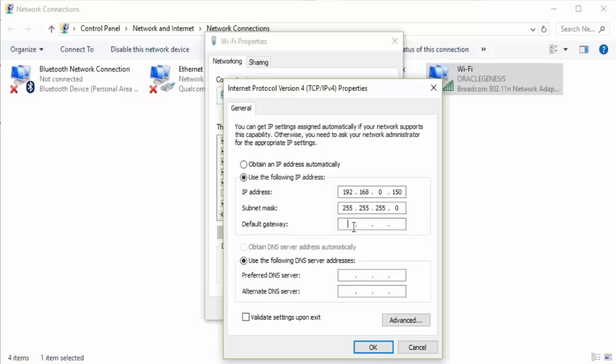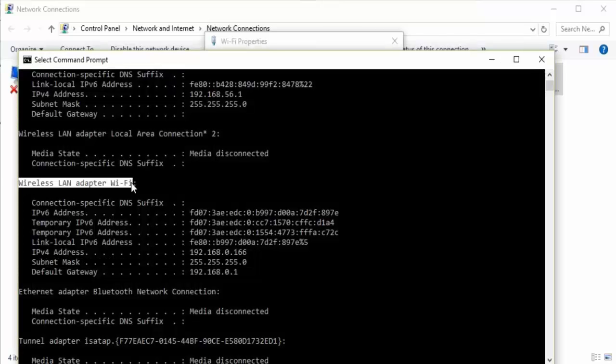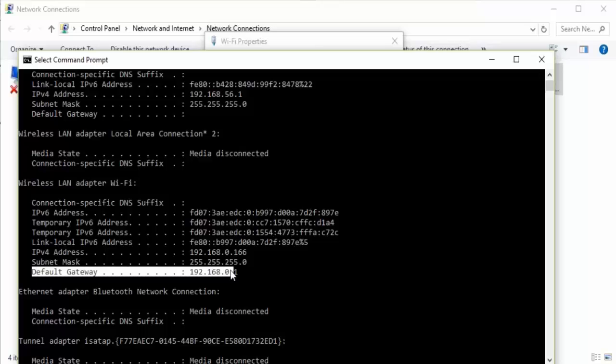So where can you find the router IP? Either in the manual that you get with your router, or some companies print the router default IP on the back of the router: 192.168.0.1 in my case. Generally, whenever you have a dynamic configuration, the default gateway is also updated, so you can get these details from the ipconfig output.